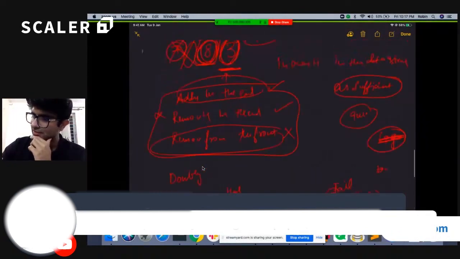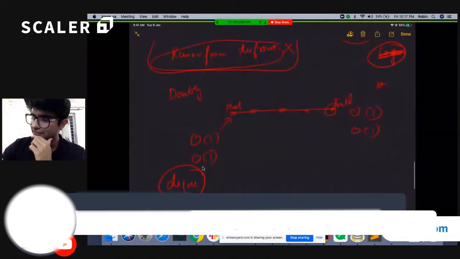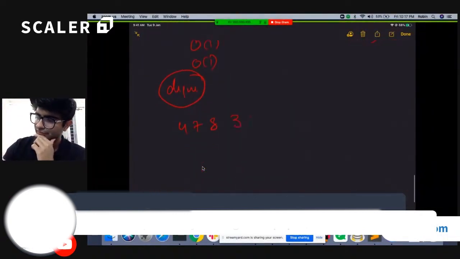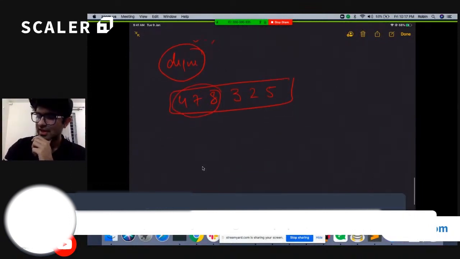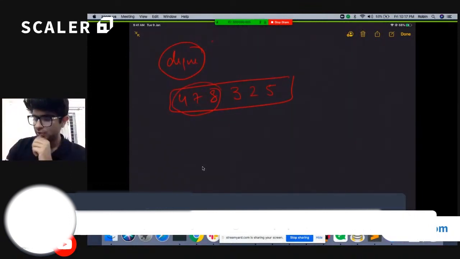Nice. So now let's look at an example and solve this question again. We have elements 4, 7, 8, 3, 2, 5. I have a window of 3 elements. Let's say I maintain a deque where I put the first element, and then I figure out the second element. If it is greater, 4 is of no use, so I can remove that element.